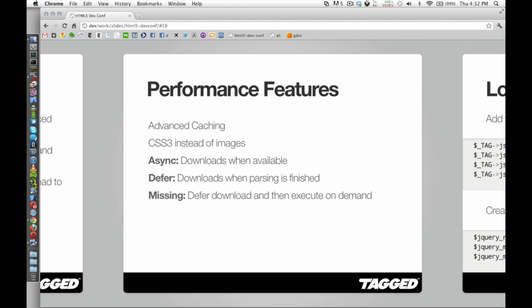Async and defer, you can add these to script tags in HTML5, and async makes it so that the script downloads when available throughout the parsing process of the document. Defer makes it download when parsing is finished, but they download and they execute. So regardless of whatever behavior you have in your JavaScript, saying document.ready or whatever, the script executes when you're done downloading it, even if you use these. So something that was missing is the ability to defer the download and then also execute the script on demand